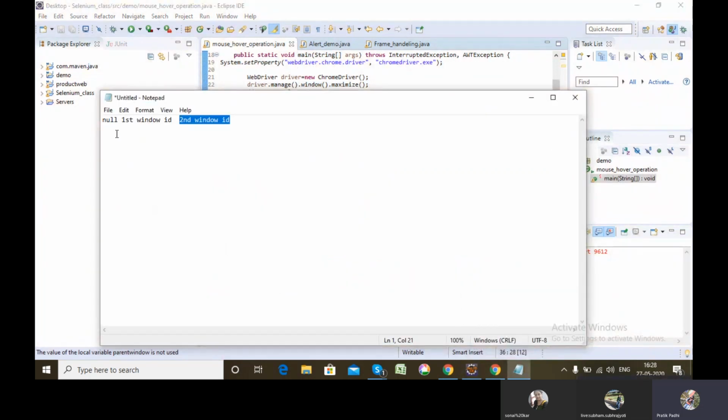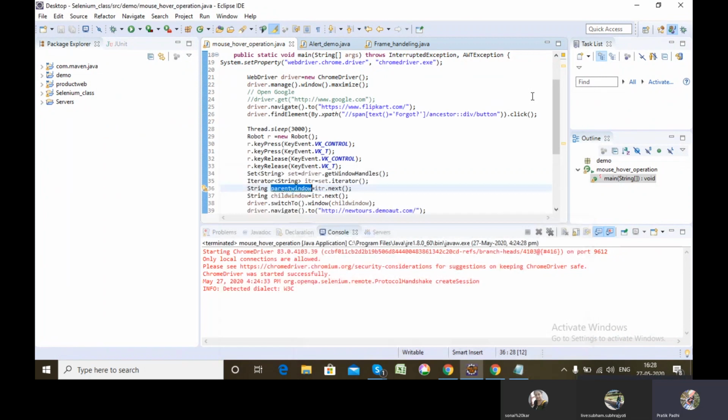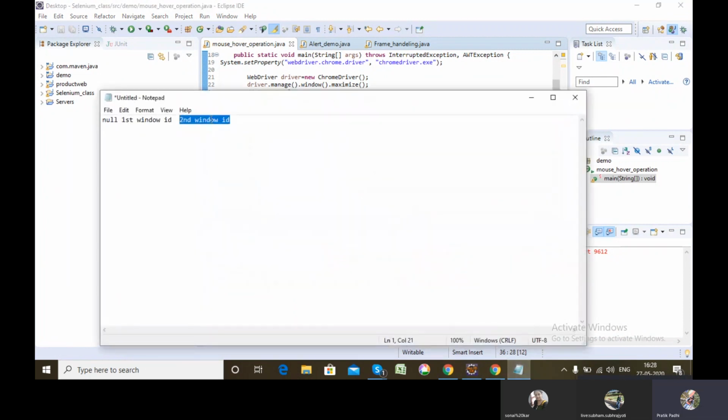It will point to the next value and return me the first window ID. Similarly, for the child window, the second tab which gets opened, again I do itr.next, it moves to the next location and returns me the second window ID.